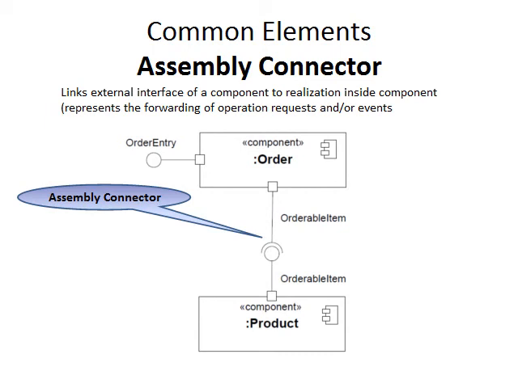An assembly connector connects two components, and in this case this is the ball and socket presentation of an interface, or of interfaces. The ball part of it, or the lollipop part, is the provided interface. The socket part of it is the required interface, so order requires